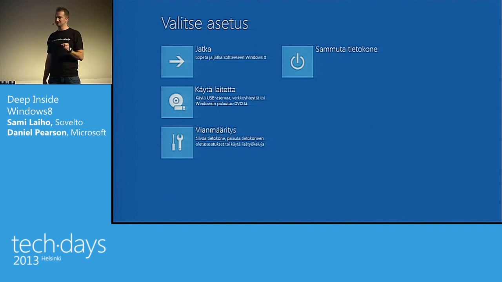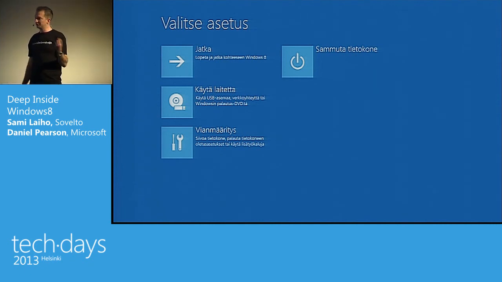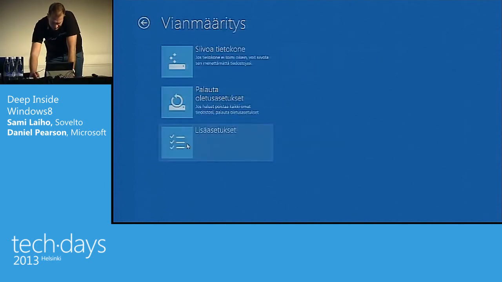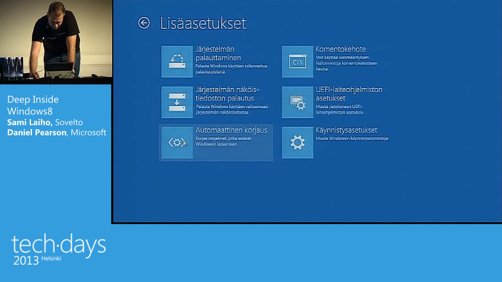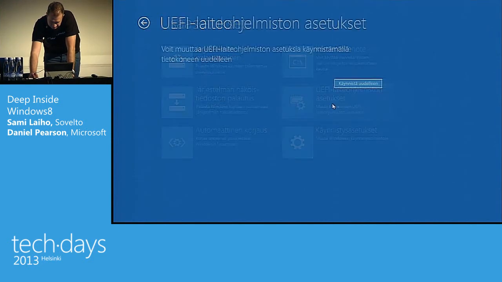So from the OS, we can say that during the next boot, I would like you to go to UEFI. It's kind of a scary layer because you've never been able to set your BIOS stuff really easily from the OS. So let's go here and more settings, UEFI,